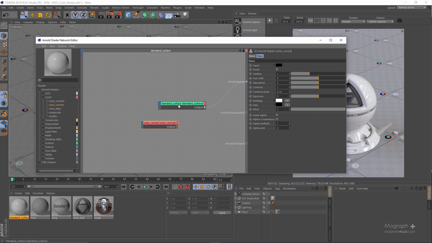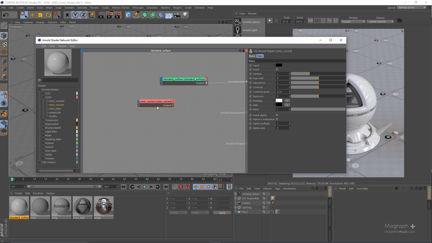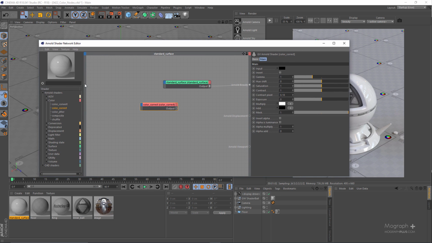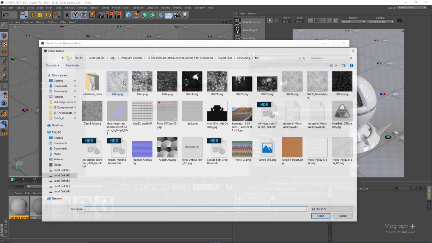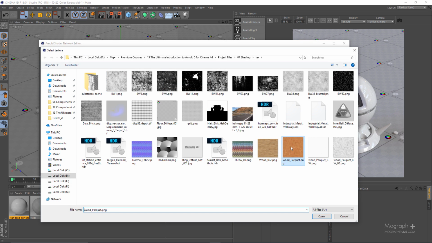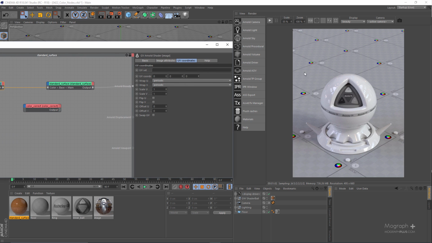So let's actually do a practical example with the color correct node. Let's say we want to create a realistic wood shader. So this is the standard surface shader. Let me add an image. And for this, let's use this wood parquet. Okay. And connect it to the base color of our standard shader. Let me just